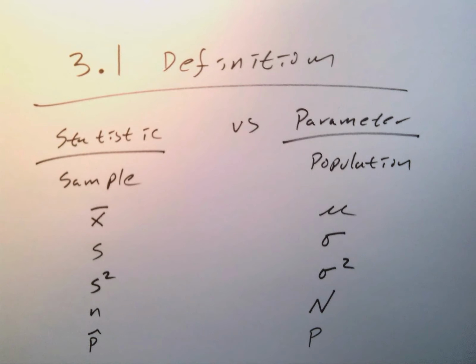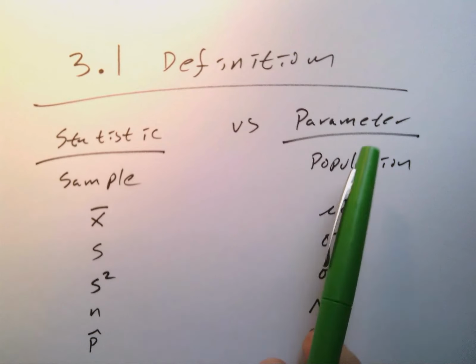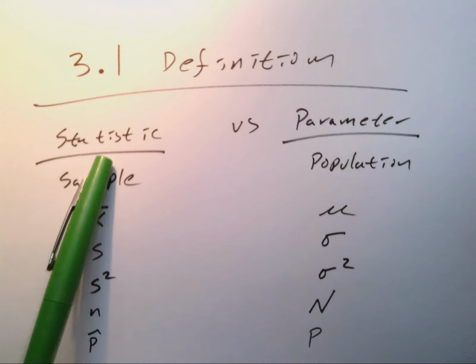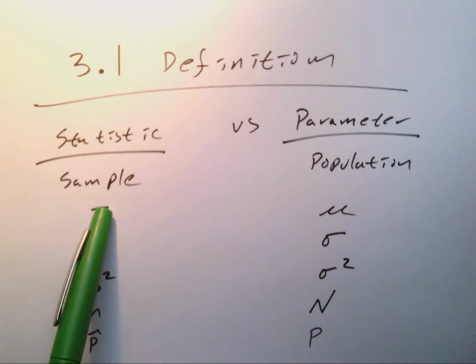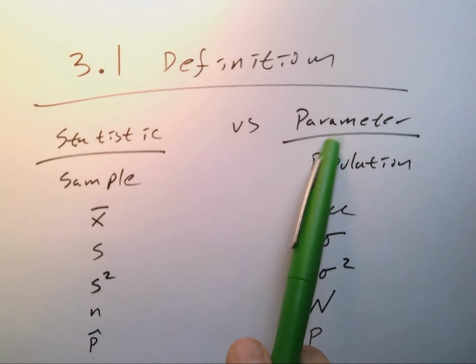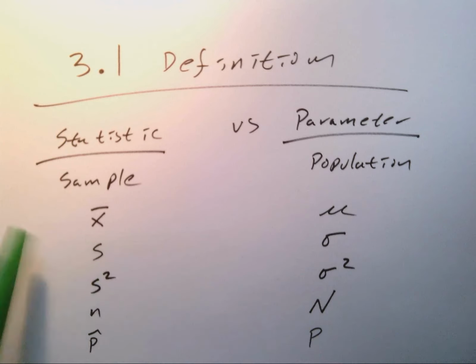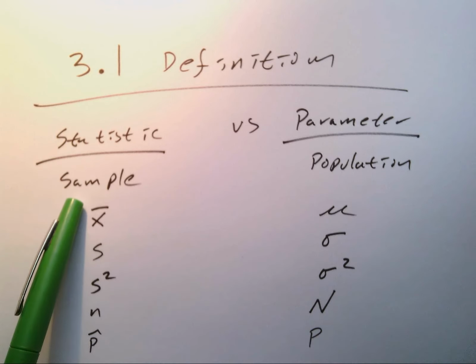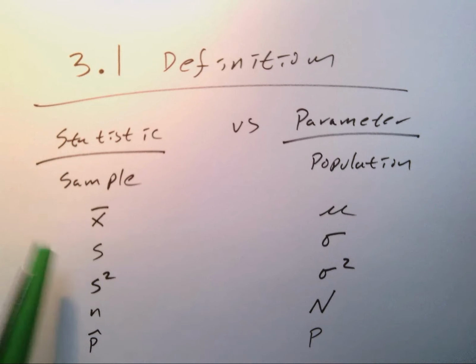Alright, 3.1 definition. So first off, let's make a distinction between a statistic versus a parameter. Statistic comes from sampling, right? Notice the S's match. And parameters come from the population. So when you take a sample, you are going to be estimating the middle of the data, such as the mean. You might be talking about the spread of the data for the standard deviation or the variance. You also should talk about what your sample size is, lowercase n, or if you're talking about percentages or proportions,